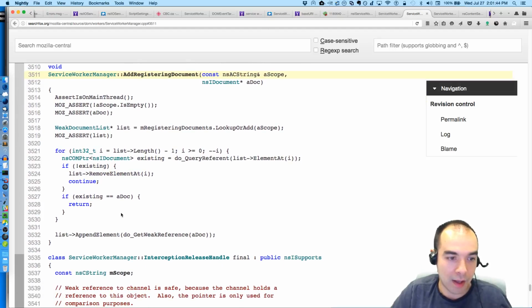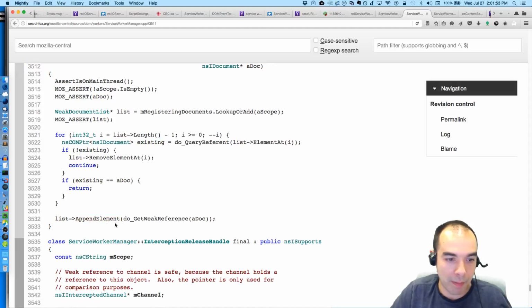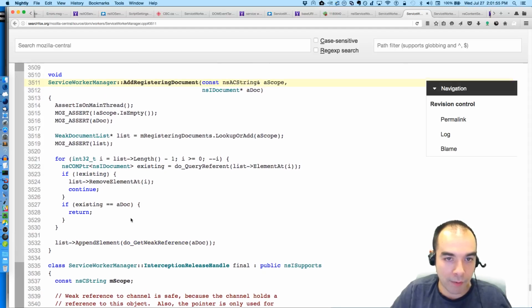Otherwise, if the document's already in there, we return. Otherwise, we append it to the list, this weak reference between document and scope. Look up or add scope under m registering documents.